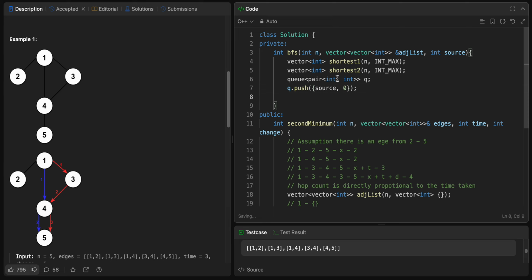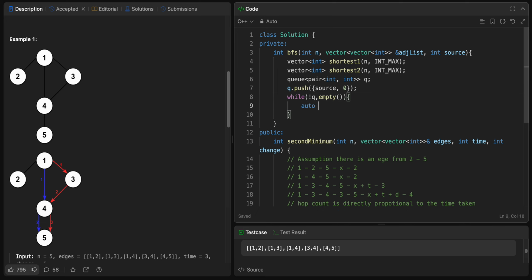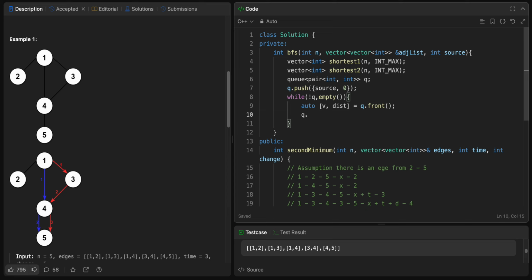Because from source reaching to source again takes how many hops? 0 hops. And now I'll traverse through the entire queue, and I'll get v and distance node to be what? Q dot front, because at the front I'll be having the